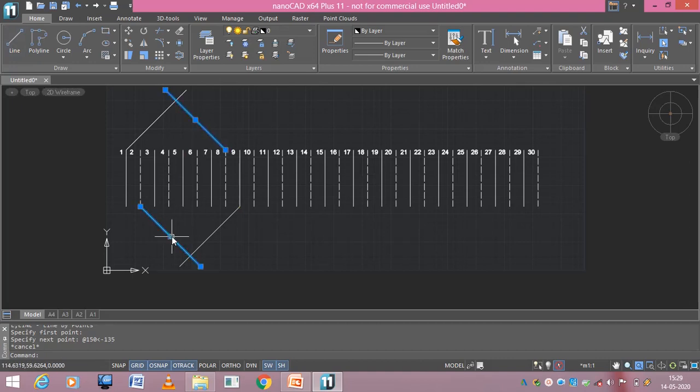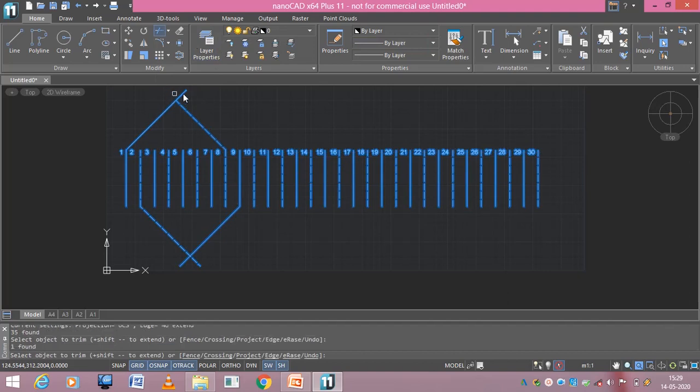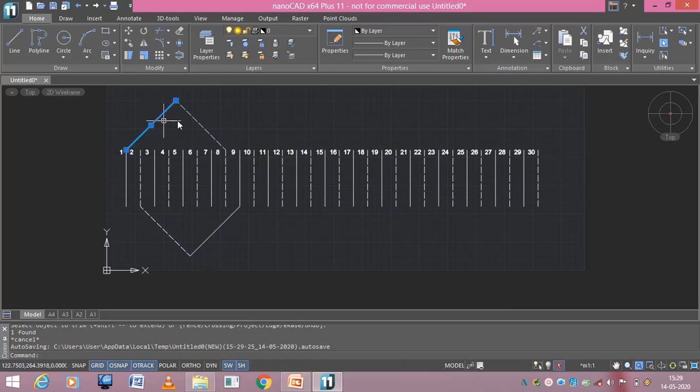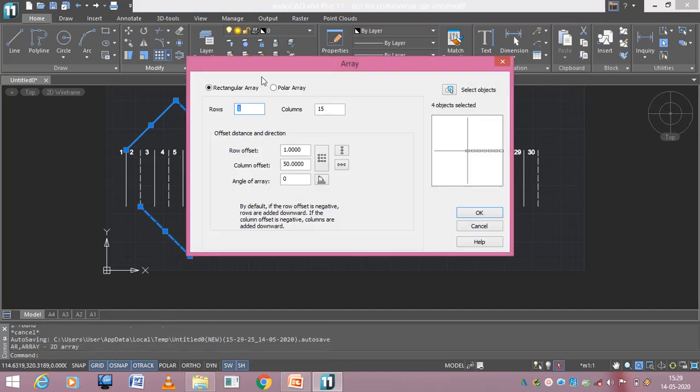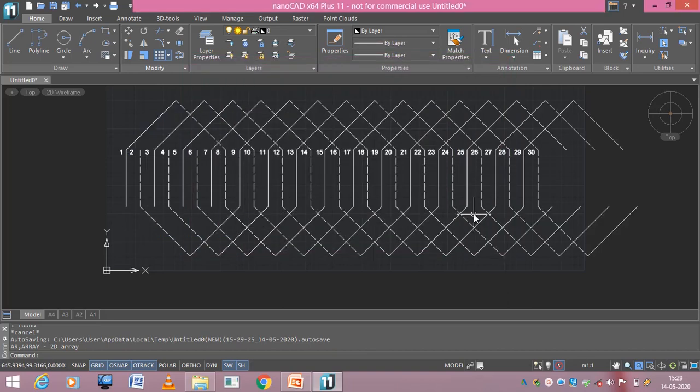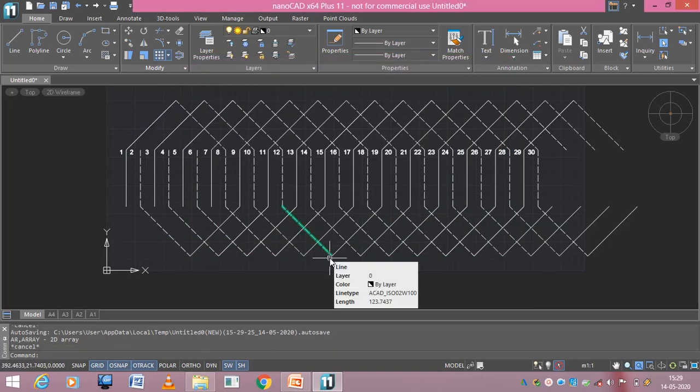Now these two should be a dashed line because it is a continuity of a dashed line. So now trim the unwanted portions. Now let us go for array by selecting all the front end and then the back end connections. So I will be having 30 conductors, so therefore the number of turns will be 15, and the distance between the turns will be twice the distance between the conductors. Again it is 50. Enter. Right, you can see the 8th conductor is connected to the 15th conductor. It is as per our winding table.